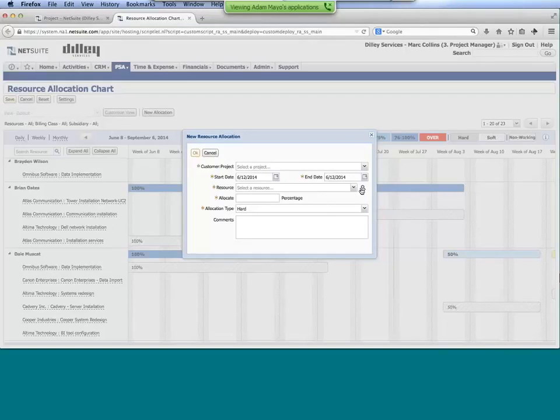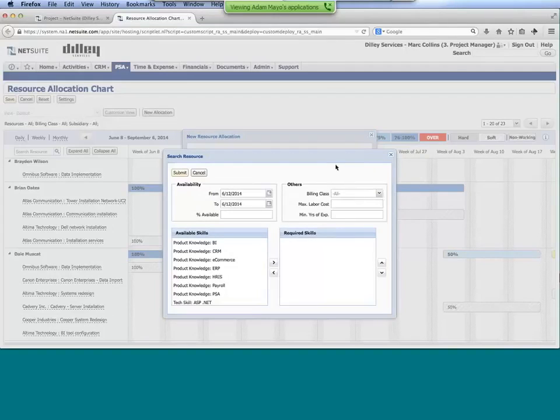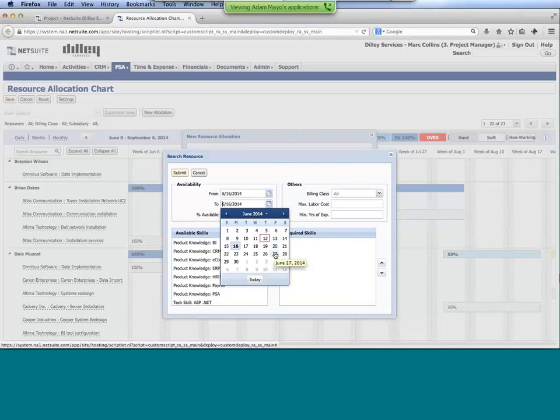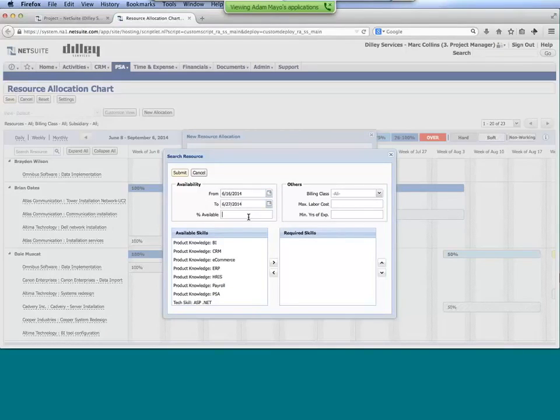From here, I can go into our search area. And we have built out a skills inventory that you're able to populate on your resources, and also we're able to search off of availability. So from here I can start saying, all right, we're going to need that resource to start next week. We'll look out for the next couple of weeks, and I'm going to need someone that's at least 50% available. I'm going to need, in this case, a consultant, so I'll narrow my search down there. And I'm going to need someone that knows BI, and perhaps, in this case, someone that knows SQL because we're doing an integration effort here.